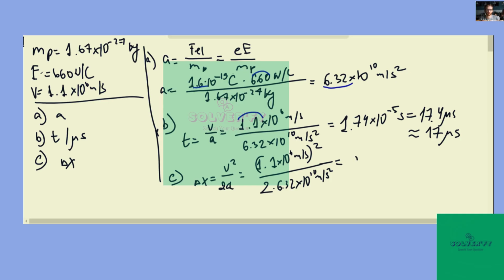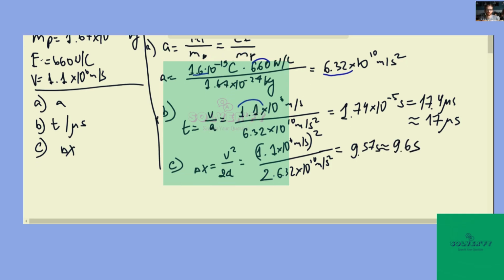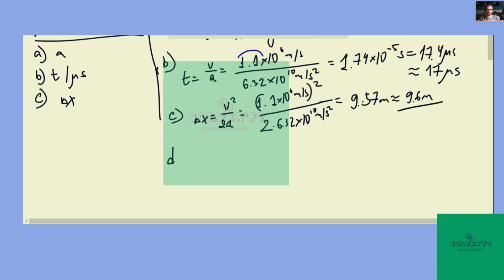It equals 9.57, which is roughly 9.6. Oh, sorry, it's a displacement, that's why it's in meters. Obviously 9.57 meters, which is 9.6 meters. So that's calculated. And lastly, we have to calculate the kinetic energy when the proton reaches the velocity of